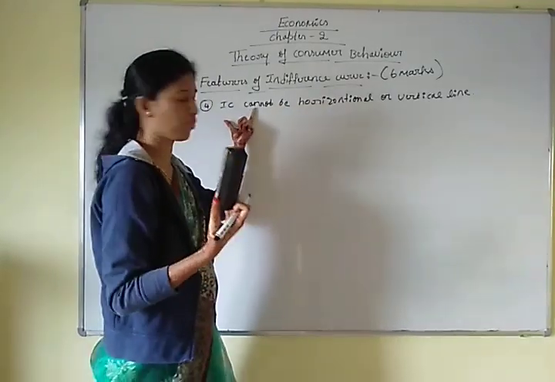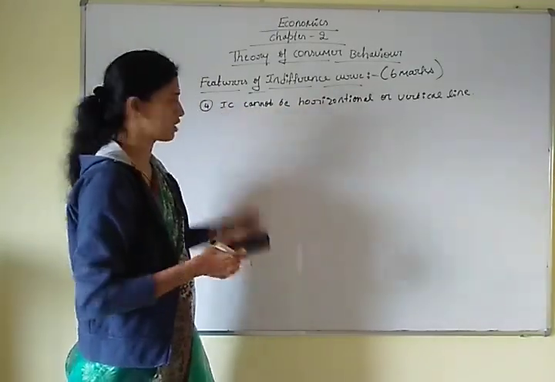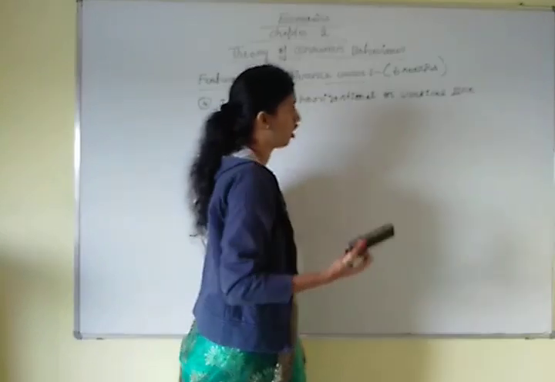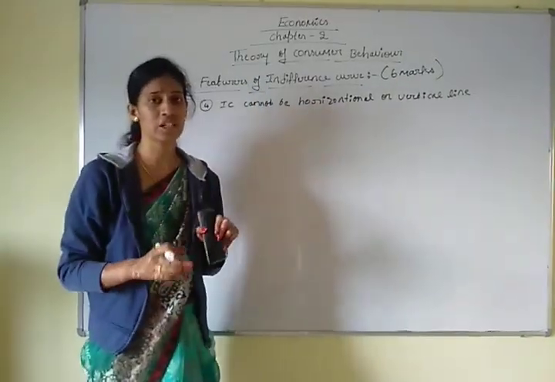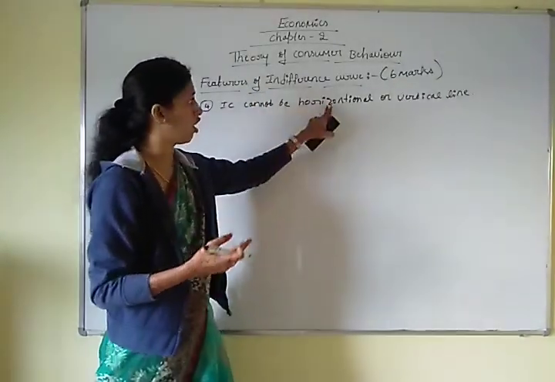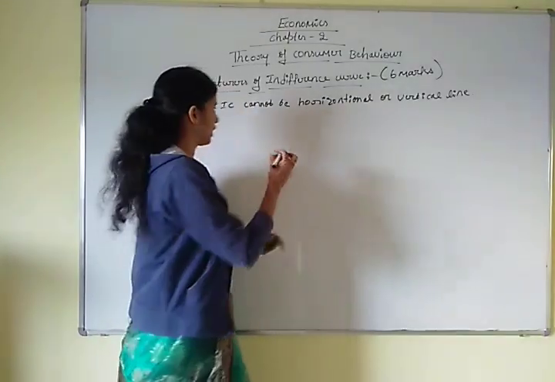Okay. The third feature of the indifference curve is that it cannot be a horizontal or vertical line. So the indifference curve cannot be a horizontal or vertical line. In the diagram,